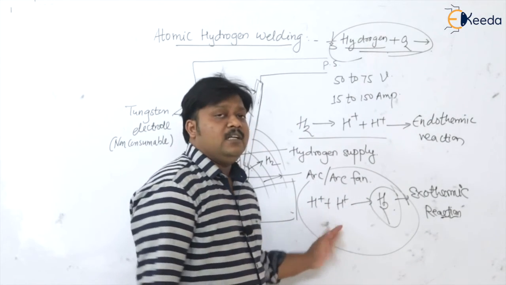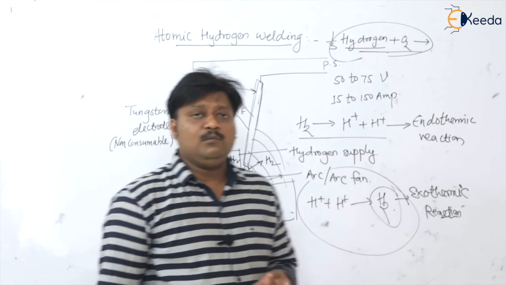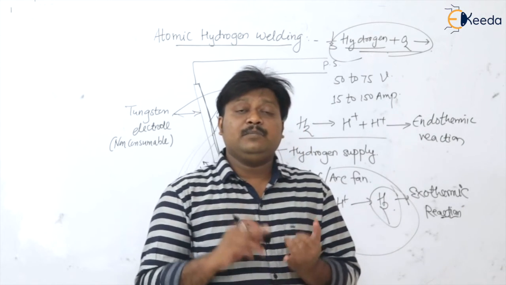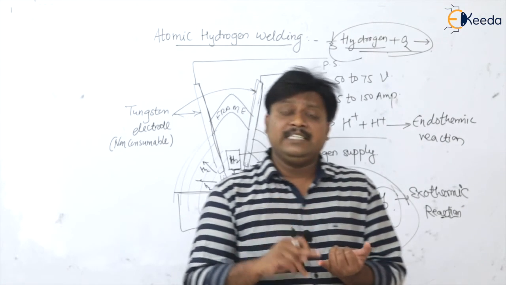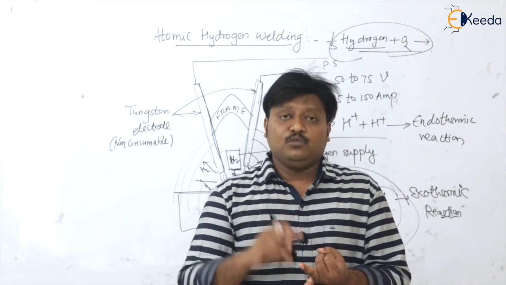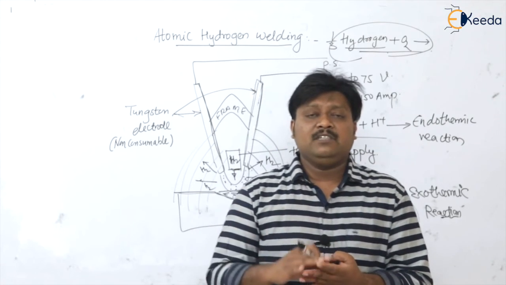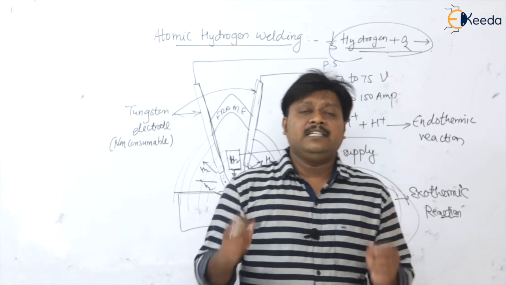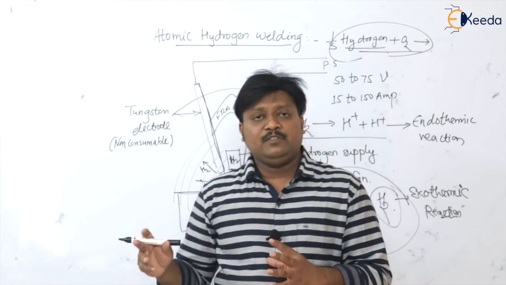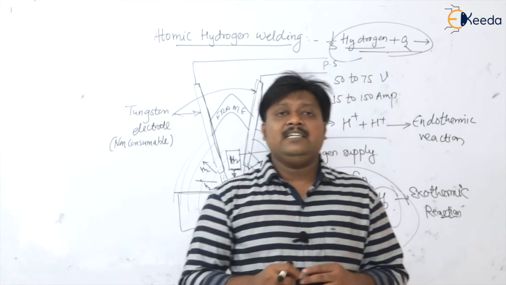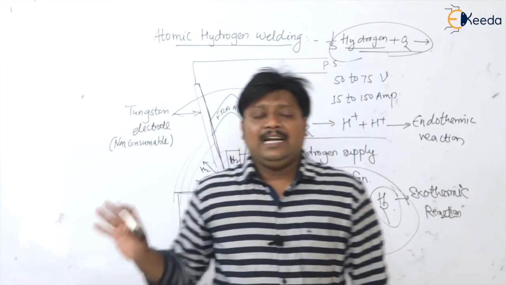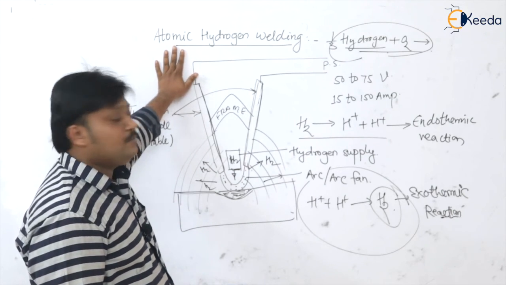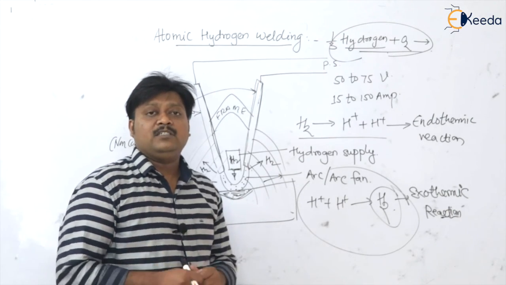So please students, in this way we have learned about the gas welding technique in detail. We learned the basic things like welding techniques and positions, the fluxes, the filler rods, then the oxyacetylene welding, in which we learned the various kinds of flames used. Then we learned air acetylene welding, oxyhydrogen welding, and at the last atomic hydrogen welding. So here our gas welding portion is completed.